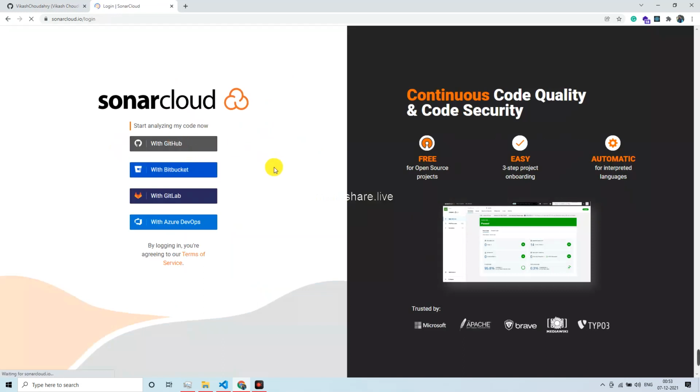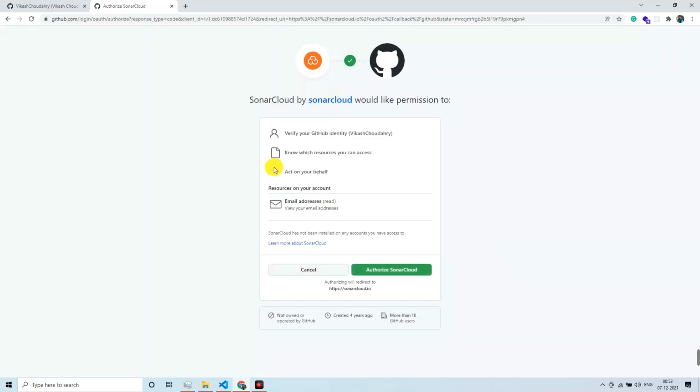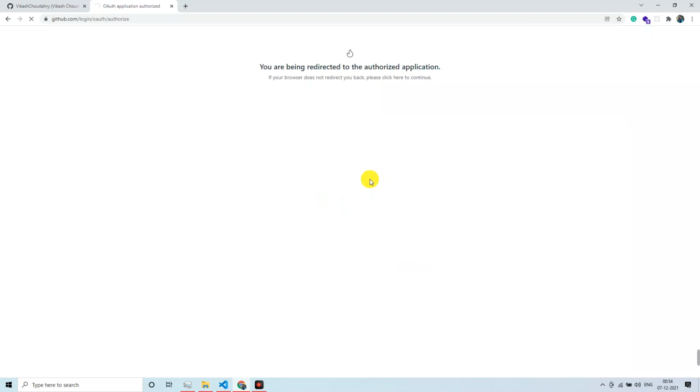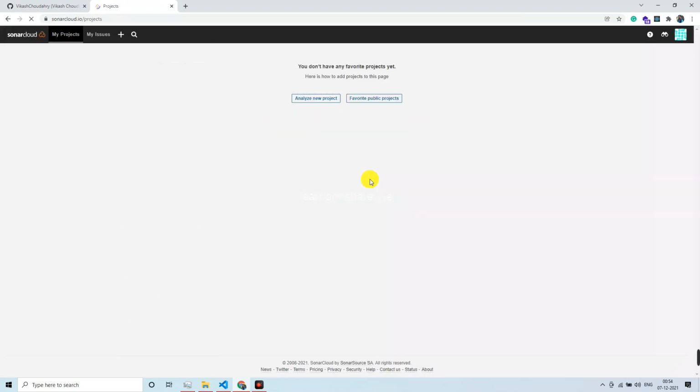So I'm going to log in with GitHub, and as soon as I log in, since I have scrapped all the previous configuration from the previous video tutorial, I'm getting all these options. I'm sure you will also get similar options when you are doing this the first time. So let's authorize Sonar Cloud to allow the necessary things from GitHub.